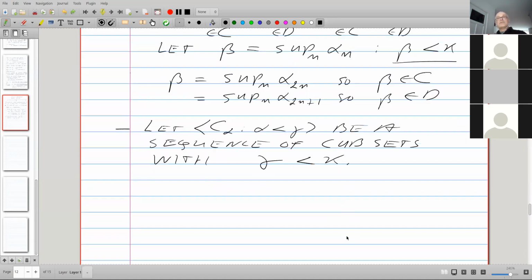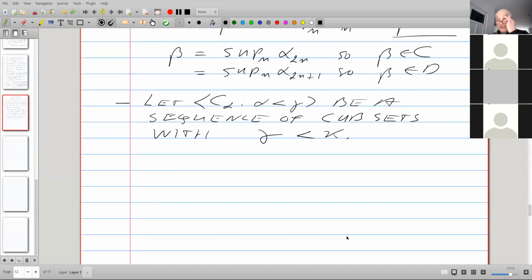So we take a sequence of closed unbounded sets, and of course we take fewer than kappa many. So here gamma is less than kappa. And here is what we're going to do.